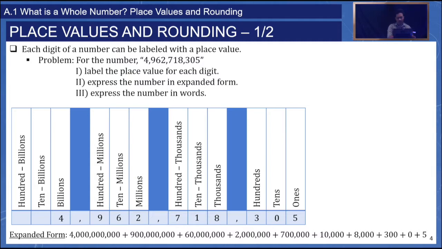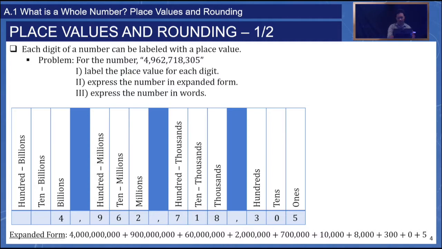So that's expanded form. Now the last question, express the number in words. When I introduced this number to you, I just said it as 49627183005, but obviously we don't say it like that. There is a correct way of saying it, and if you know the place values, you should be able to express it in words. So what you want to do is you look 3 numbers at a time